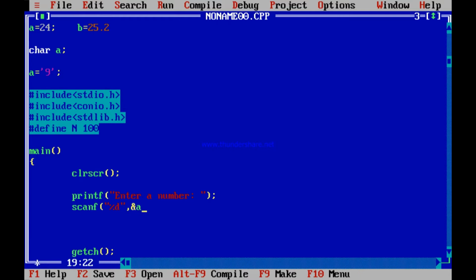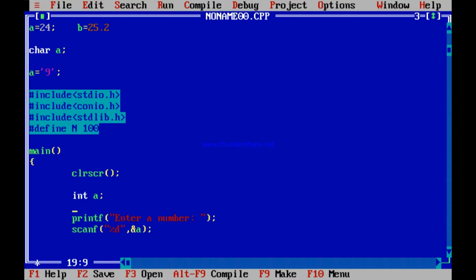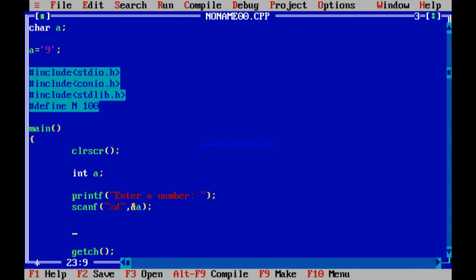A is a number. That means a needs to be declared as an integer. Int a you declare. After the scanf is done, then you write printf, the number you entered is %d, and that %d is replaced by the integer a.